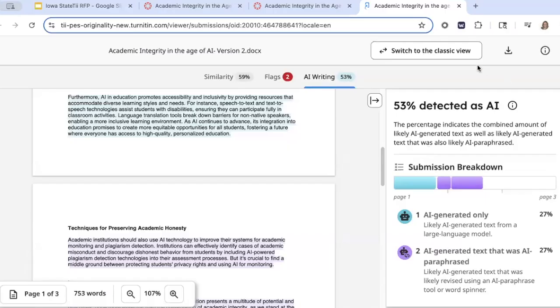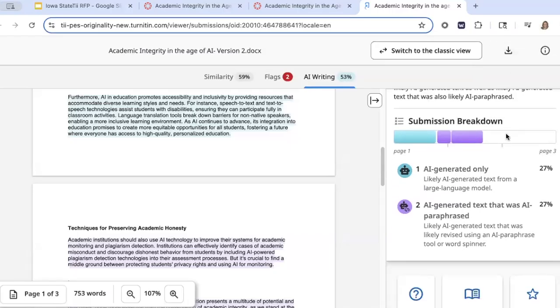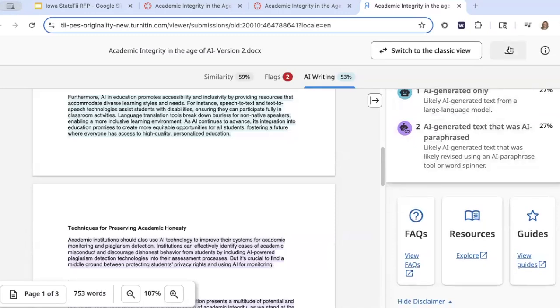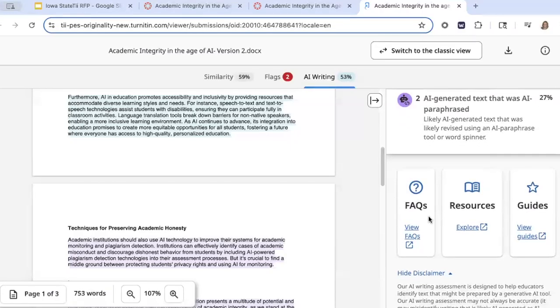The instructor can download the PDF version of the AI writing report to their device by selecting the download icon in the navigation. Instructors and users will have access to an FAQ page. This will help the instructor learn more about how Turnitin identifies AI writing and how confident we are in our results. We have an AI white paper, and you can explore pedagogical resources for handling AI in the classroom along with all of our product guides. Our AI writing detection tool has been widely adopted, providing instructors and administrators with critical data to inform their academic decisions while